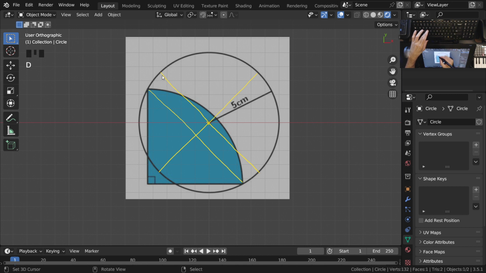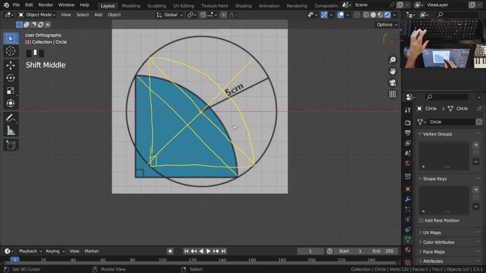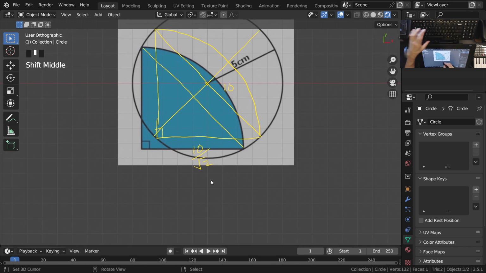So when they're supposed to meet over here, but pretend they do. When the circle or the quarter circle comes to this position right here is when it's going to have its max area. That's the whole point of that. And when it has its max area, then because this is 5, this is 10, and this distance over here is 10 over square root of 2, this distance right here,